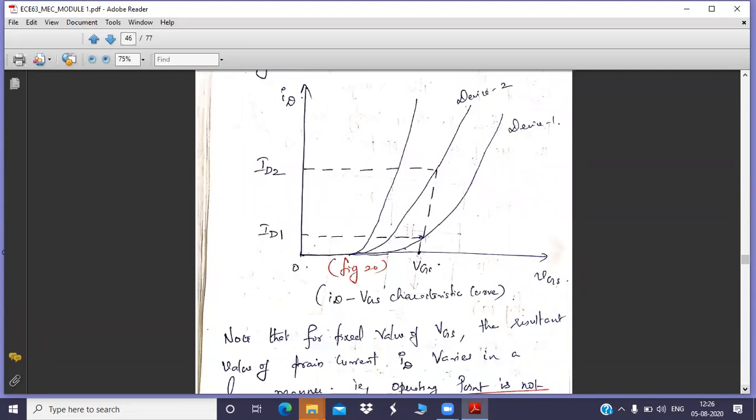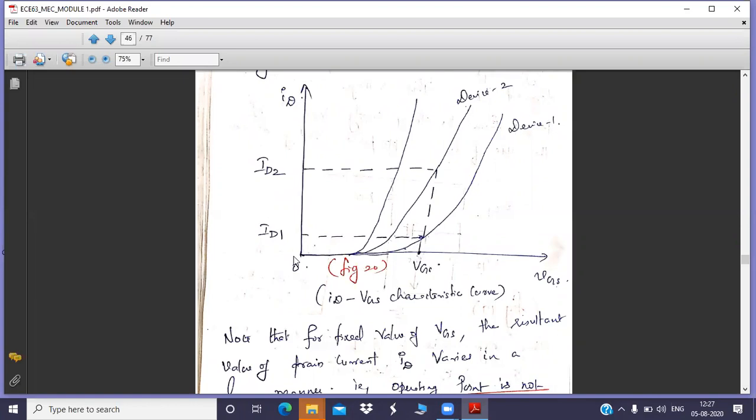So that eventually you can claim from this particular graph, whatever I have drawn here. This is a graph where I have plotted VGS on the x-axis and ID on the y-axis, for two devices, device 1 and device 2. Initially for device 1, I have fixed my Q point here. That Q point was okay, meaning it will satisfy my requirement for linear amplification. I have fixed VGS over here and I have fixed ID1 here.